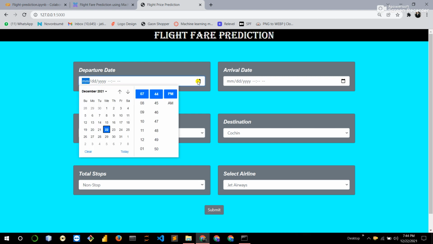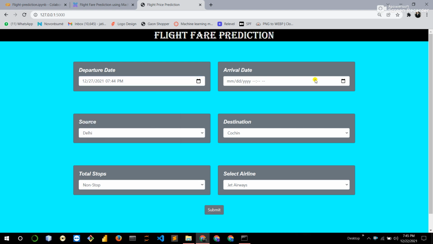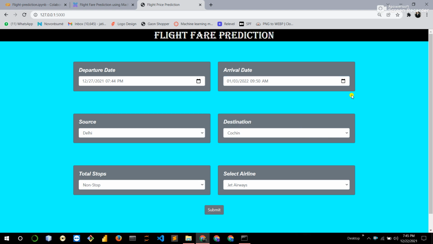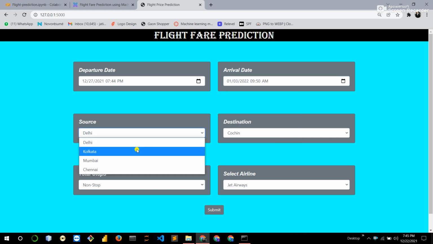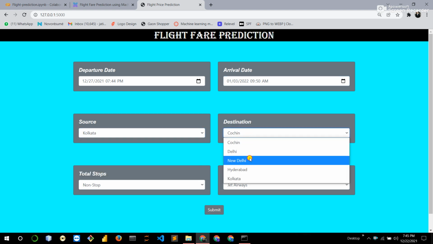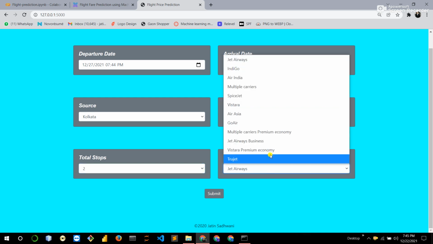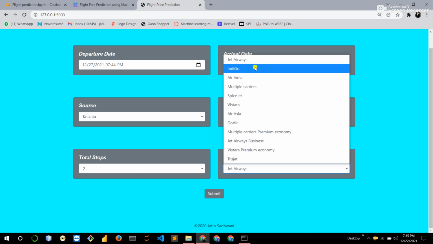We select the departure date like 27 December 7:44 p.m. and arrival date like 3rd January 9:50 p.m. Okay, then after that, source is Kolkata, destination is New Delhi, total stops is 2, and airline is Indigo.